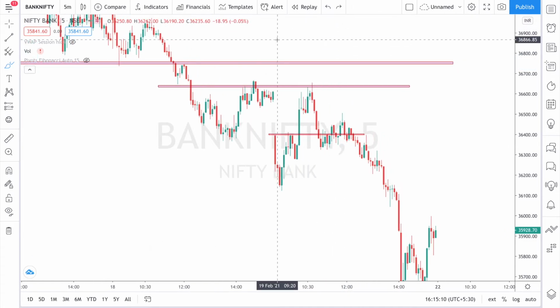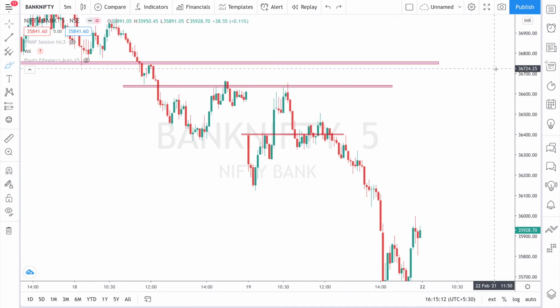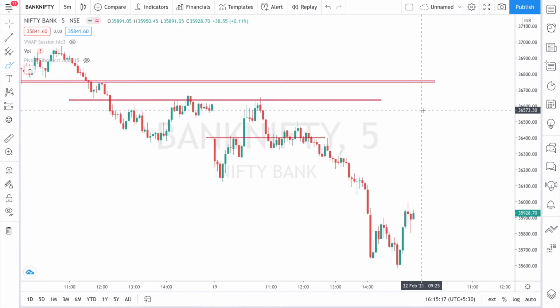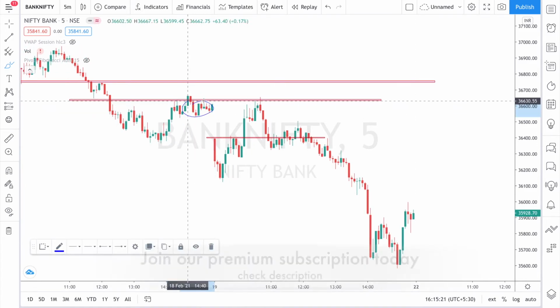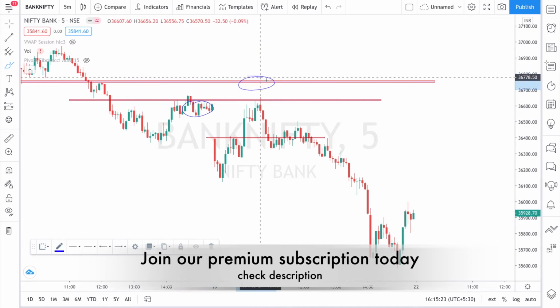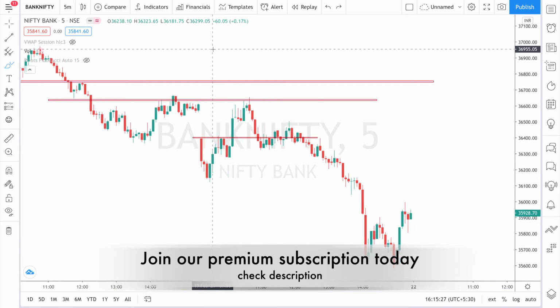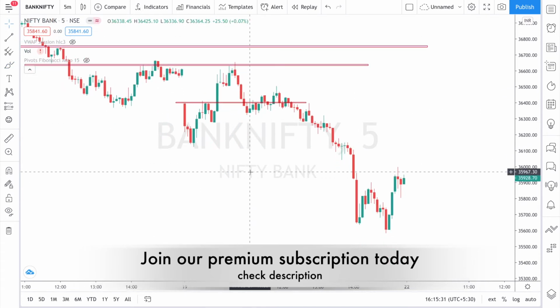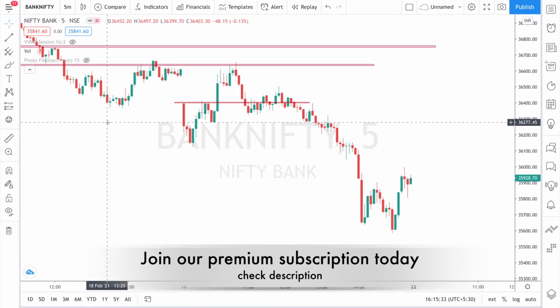So the one thing that we could have done today is to look out for a selling opportunity in Bank Nifty. This was very clear, because you can see there is a resistance at this level, and there is a resistance at this level, and even the market is weak as of now. So the simplest thing is that we could wait for a selling setup for the day.